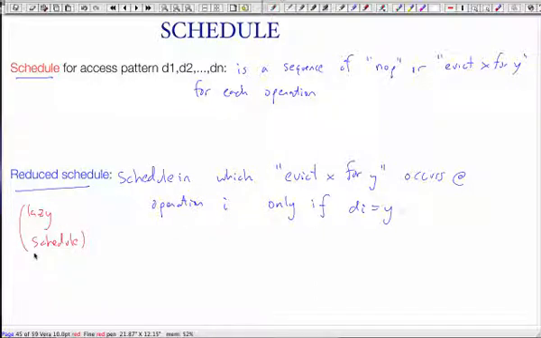I know that all of you can finish your homework for today, but that's not a reduced schedule. Everybody's going to do it on Thursday night because it's due on Friday. So similarly, a reduced schedule is only going to evict X for Y when at that time you need Y. And notice a very nice observation is that the number of misses for a schedule